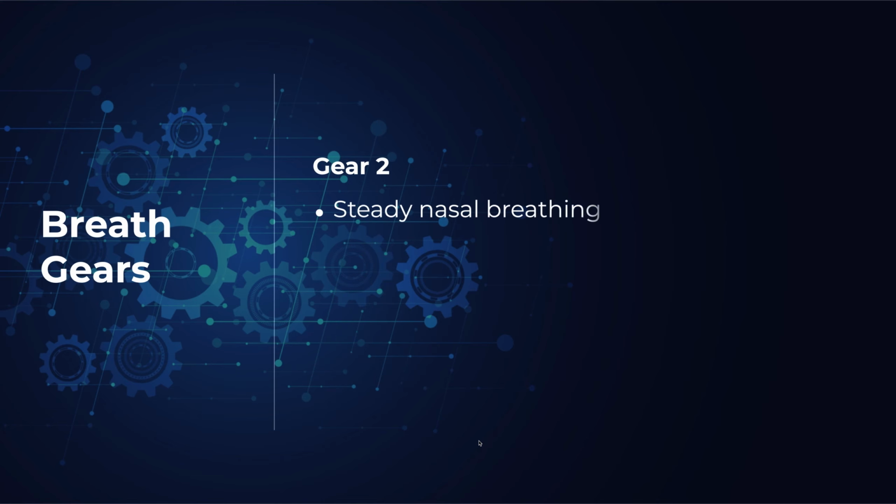Gear 2, this would be steady nasal breathing. So it's a little bit more challenging, but you should still be easily able to breathe in and out through the nose. And you'd use this for your long, slow distance runs or your tempo runs. Or a nice little run is what is called a Kenyan Hills run, where you run the hills at the same effort level. How we tend to think of hills are like hill repeats. So every time we see a hill, we go, oh, this is going to be hard work, so I'm really going to have to push myself up it. And then we get to the top, recover, and take it really easy coming back down the hill. If you're running Kenyan hills, then you run at the same effort level.